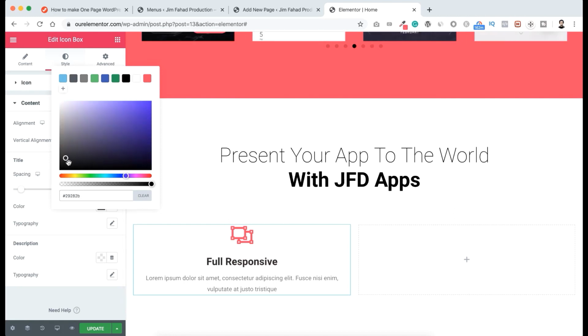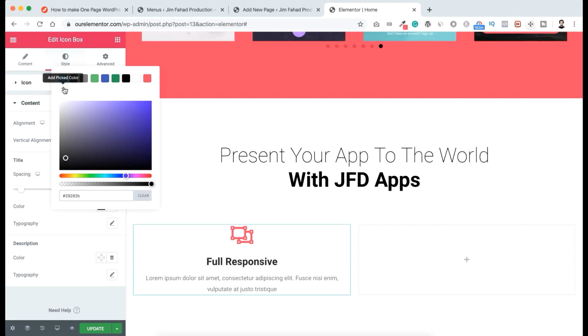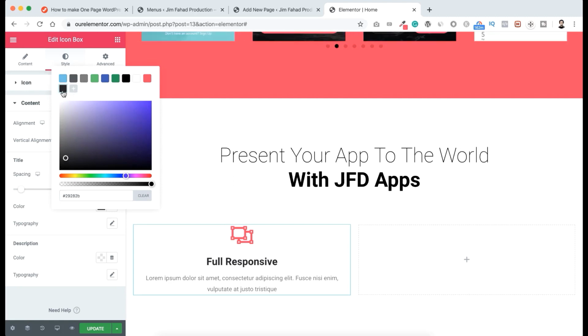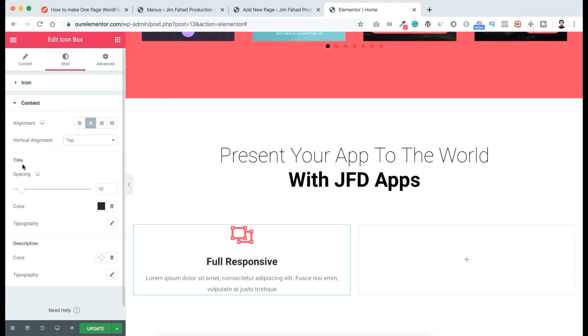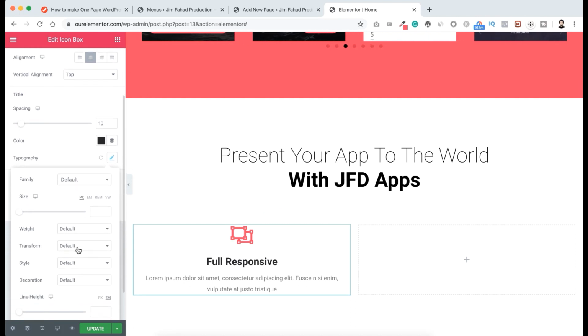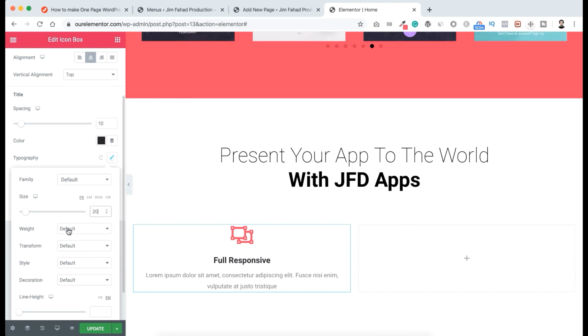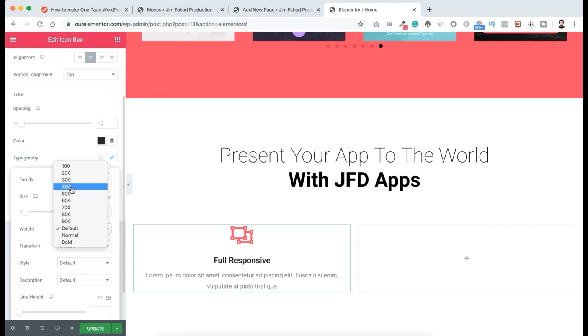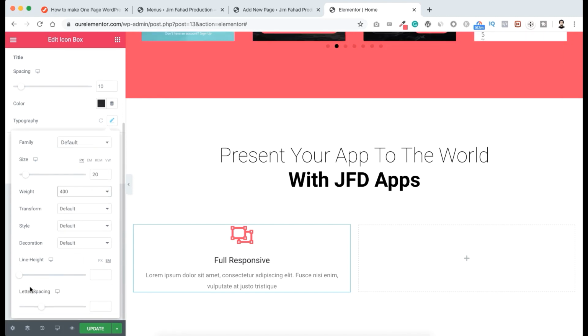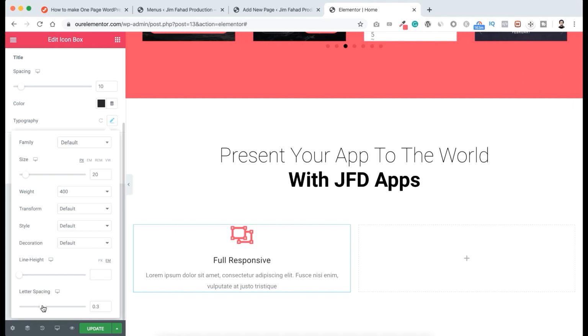Okay, and as you know, I want to save this color to use it next time, so I'm clicking here on this plus, so this color is added on our palette. Alright, now let's click on title typography. From here I want to make the font size 20 pixel, and font weight let's make it 400, and then here's the option for letter spacing. I want to make it